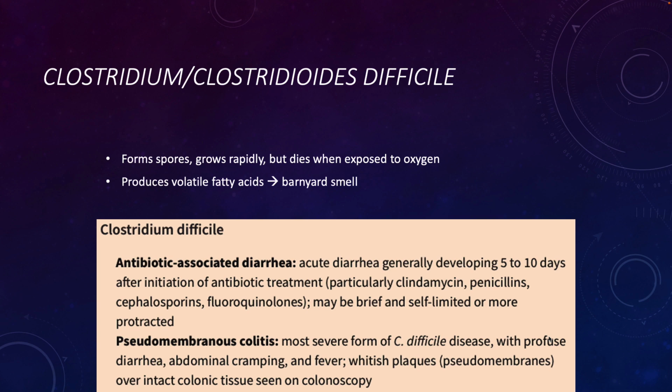For the most part, with C. diff, the 2 manifestations of disease we're looking at are antibiotic-associated diarrhea, which is going to be diarrhea that begins after antibiotic therapy. Generally, what's happened is the antibiotics have wiped out the normal gut flora, and this has allowed Clostridium to bind to that empty area. For patients who can't clear the infection or maybe are otherwise compromised, we can also see a manifestation of disease called pseudomembranous colitis. This is a very severe form of disease. And if a colonoscopy is performed, you can actually see plaques that have formed inside the intestines.